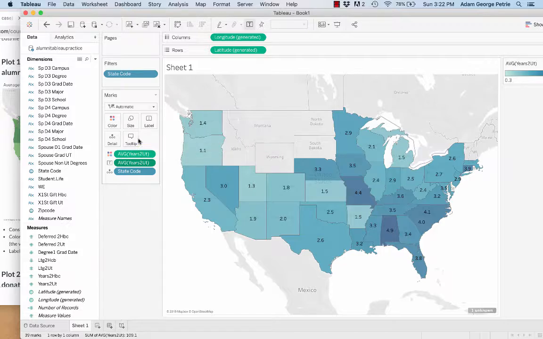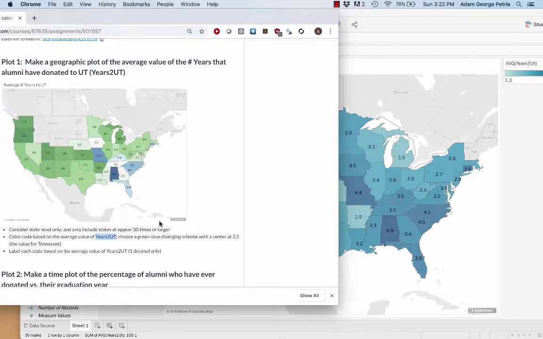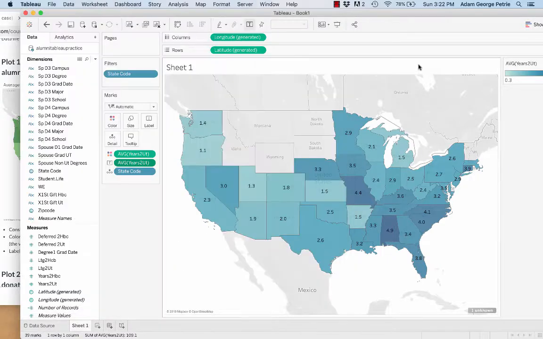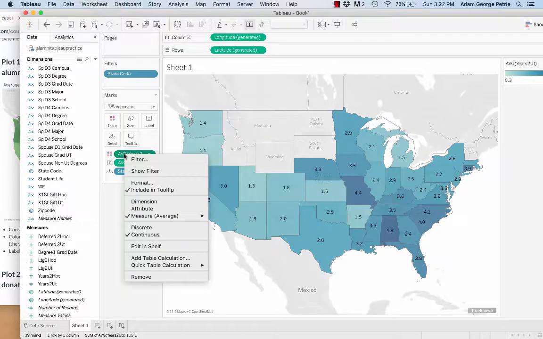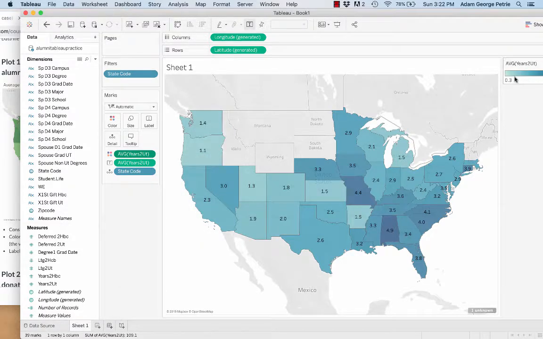The next thing we're going to do is to edit the colors. So what we're going to have is a green-blue diverging scheme. We're going to pick the center at 3.5. That's the average for the people living in Tennessee. So we can go right-click on the colors field. Doesn't look like that's the right place, so we'll click on the colors themselves, onto Edit Colors,